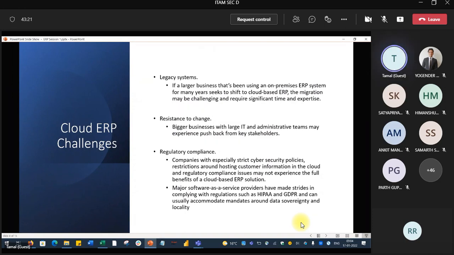Again, some challenges. Suppose one company is using some legacy software, and many of them do. Many of the brilliant new age companies are using legacy systems. Legacy means old systems. They are in Europe. There are companies running for the last 30 years with e-commerce, and they are perceived as the most state of the art e-commerce companies. But in the backend, they are also using so many old technologies.